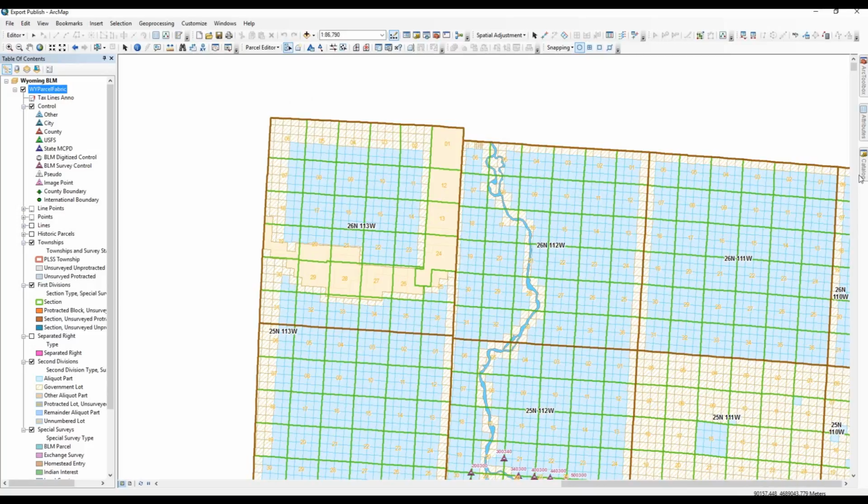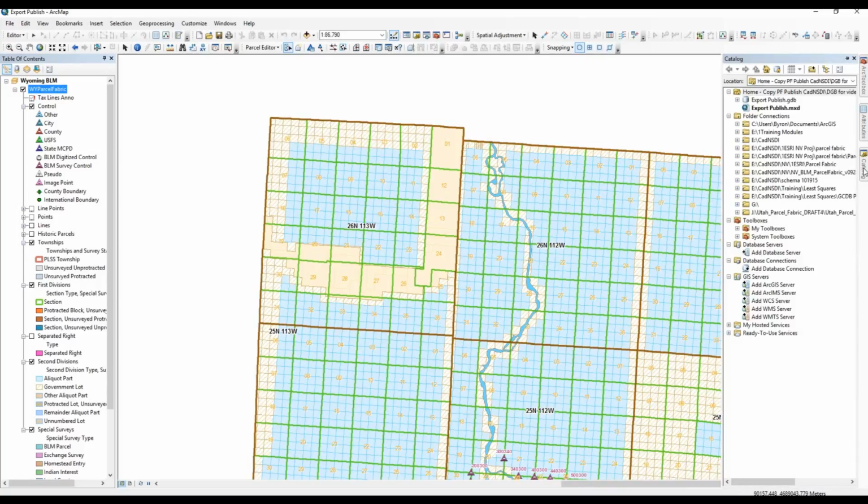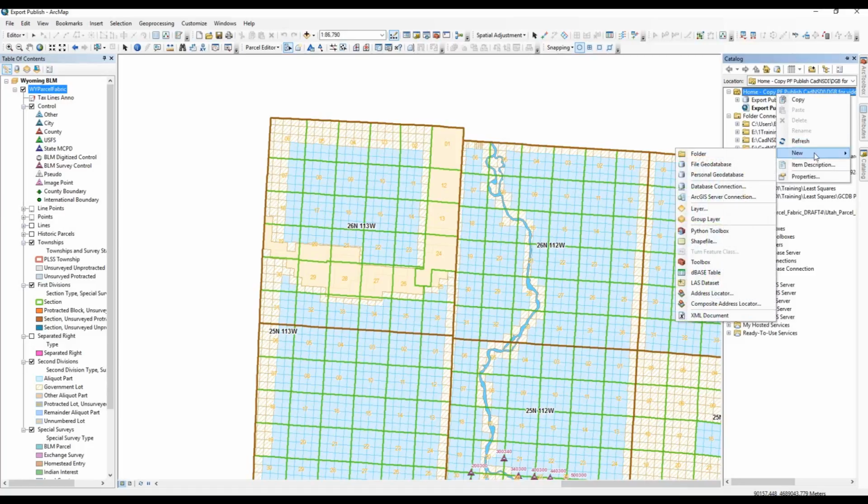And the first thing we need to do is come over to Catalog. You can see up here at Home, we have our Export Publish GDB, which is the GDB I copied from the demo data, and the MXD that I changed the name on also for this process. To extract or copy a parcel fabric, you need to create a new database. So we're going to right click on Home, go to New,